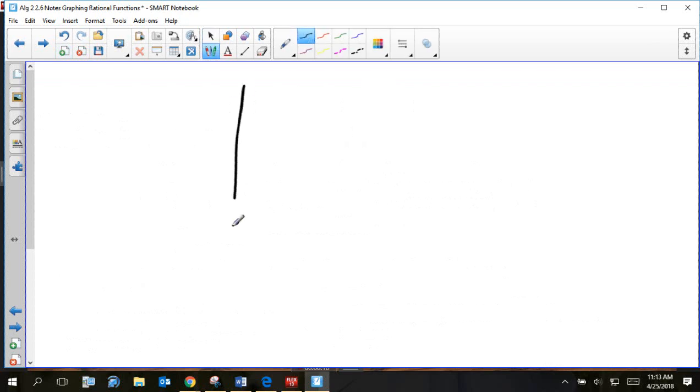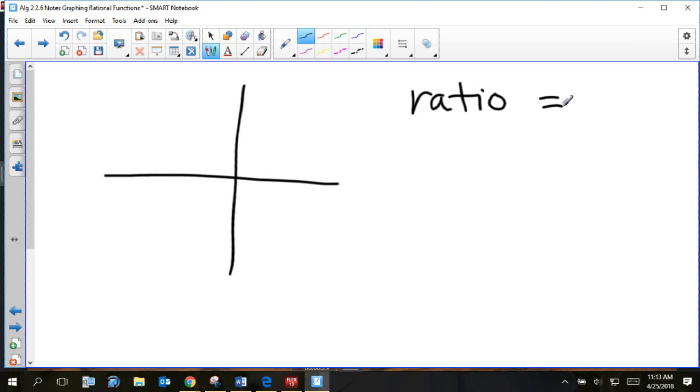So today we are doing rational functions. We're graphing rational functions. And rational has the word ratio in it. What's ratio mean? It means we're comparing two numbers by division. It means we have fractions. So rational functions